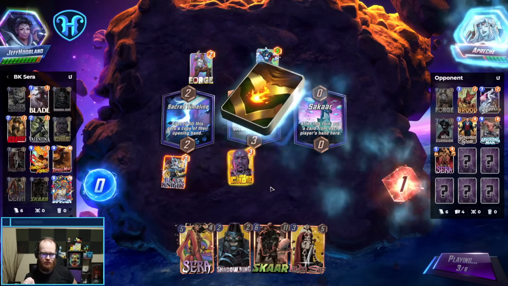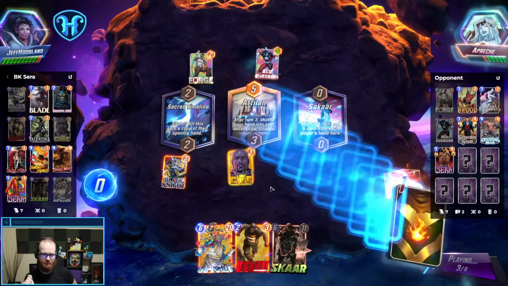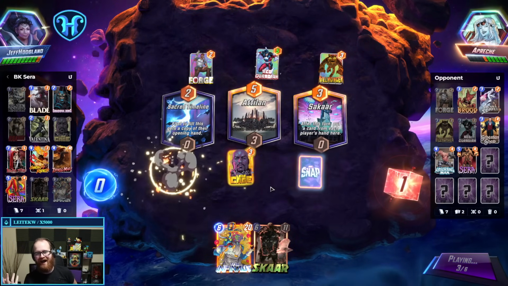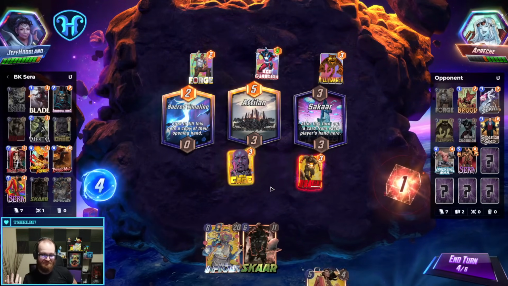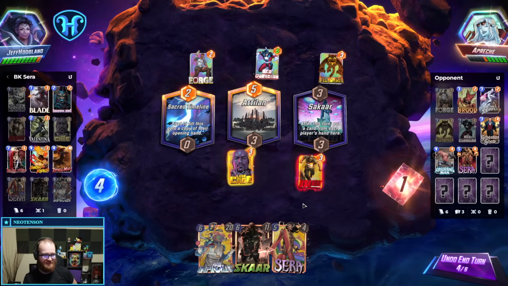Why wouldn't you Red Guardian my Black Knight? I'm so confused. Oh, come on! Come on! Are you kidding me? Big Bro's out to get me. Alright,